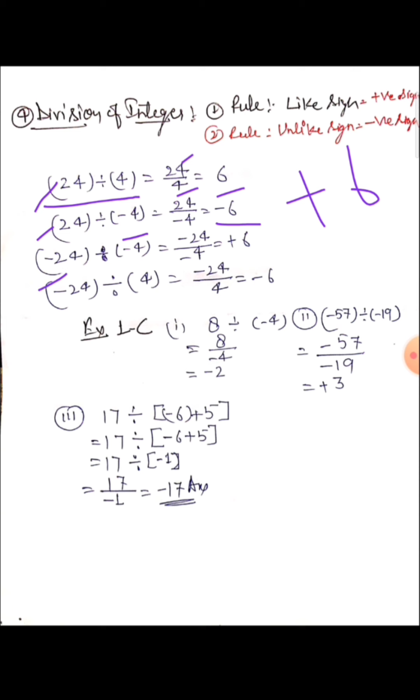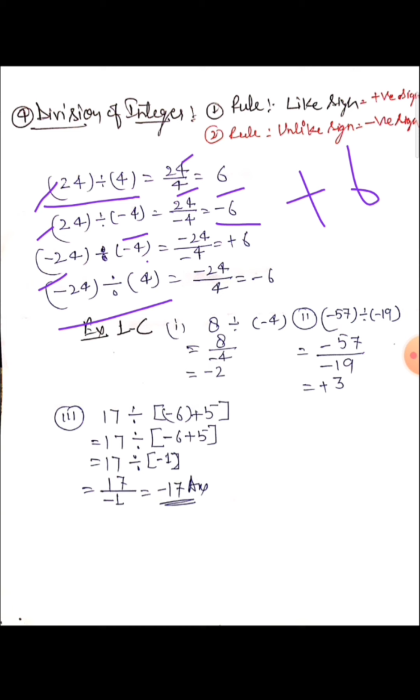In the third case, here is minus 24 divided by minus 4, both are given in the same sign, then the answer is always in a positive form. So 24 upon 4, minus minus plus, 4 ones are 4, 4 6s are 24. In the last case, minus 24 divided by 4 is equal to minus 24 upon 4, 4 6s are 24. But why minus 6? Because there are opposite signs. Opposite sign means unlike sign. When numbers are given in unlike signs, the answer will always be in a negative form.